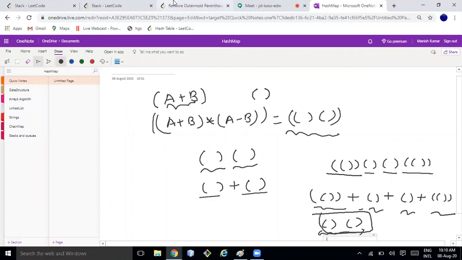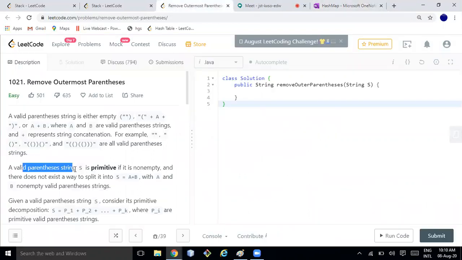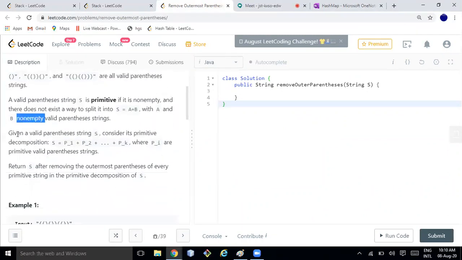Now let's go again to the problem. A valid parenthesis string is primitive if it is non-empty and there does not exist a way to split it into A plus B, where A and B are again non-empty valid parentheses. Okay, given a valid parenthesis string S, consider its primitive decomposition. That's what we did, P1 plus P2 plus up to PK, where the Pi are the primitive valid parentheses.